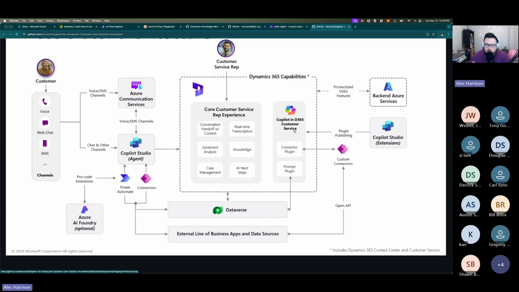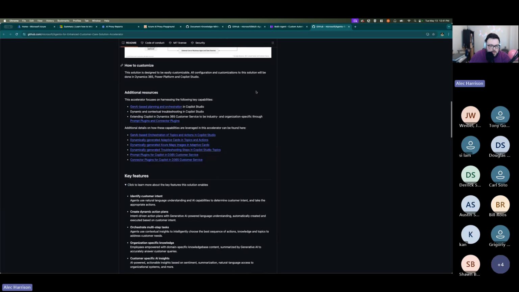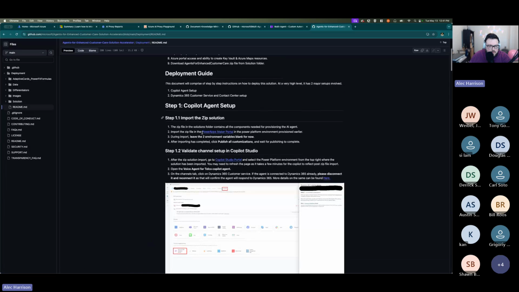Then that also can plug back into Copilot in 365 so that they can use that to prompt, potentially grab all the information they need, get back to the agent itself or get back to the person itself, supplement it with other line of business applications and data sources, and then use that through the Copilot Studio UI so that they don't necessarily have to build out a full UI to do case management. It's designed to be easily customizable. There is a quick deploy, so they also do still have this.